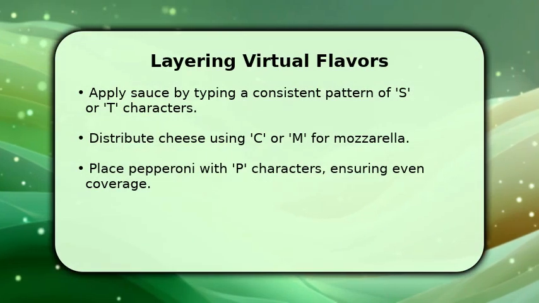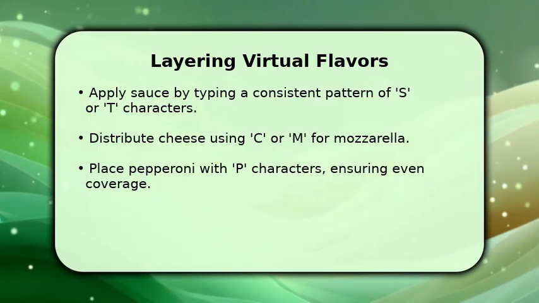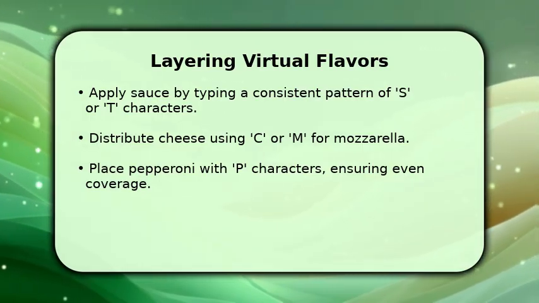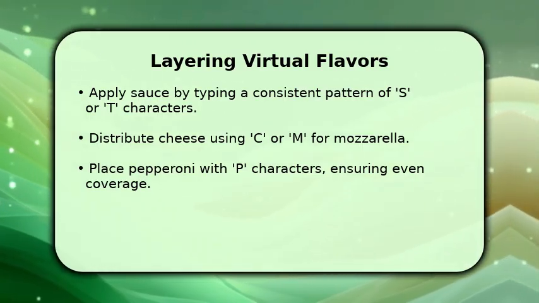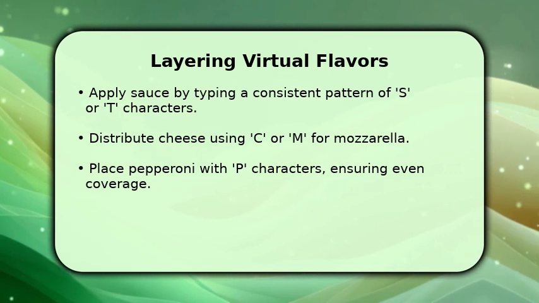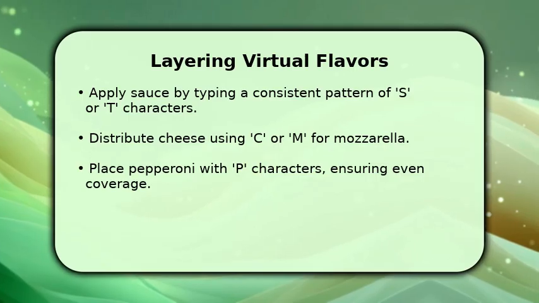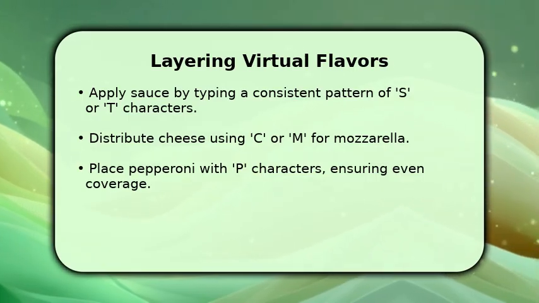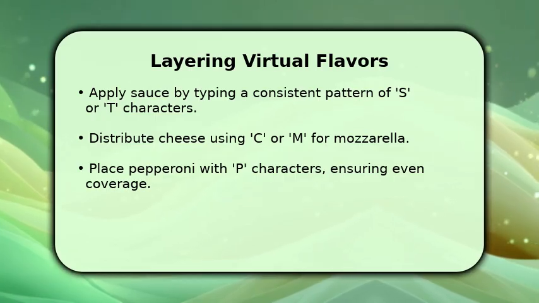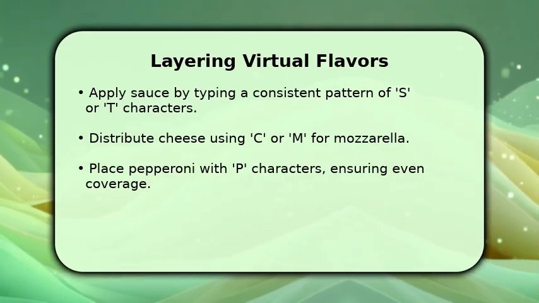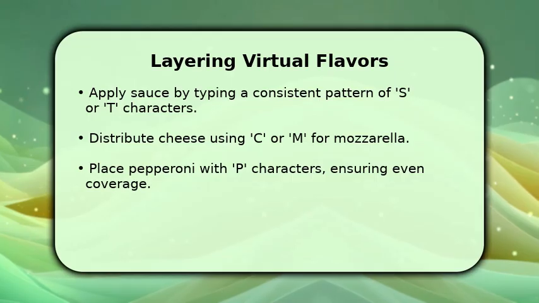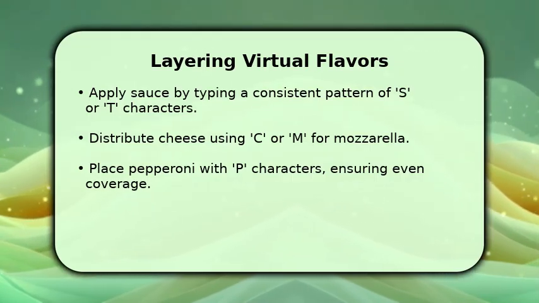With your dough ready, it's time to add the flavorful layers. Begin by typing a consistent pattern of S or T characters to represent the rich tomato sauce. Next, generously sprinkle your virtual cheese using C for cheddar or M for mozzarella, covering the sauce. Finally, strategically place your pepperoni slices with P characters, ensuring every bite of your digital pizza is perfectly topped and